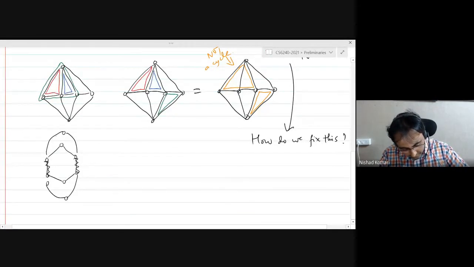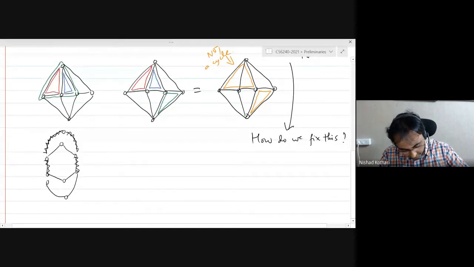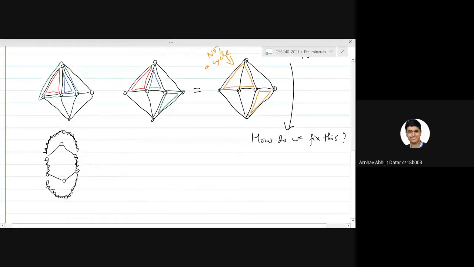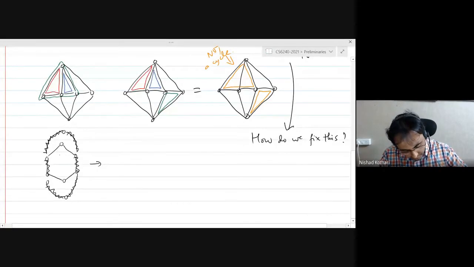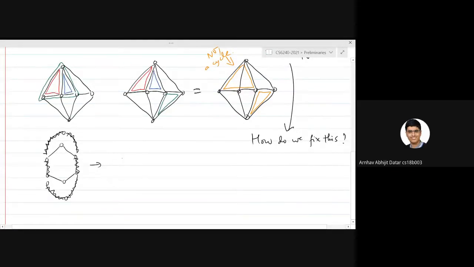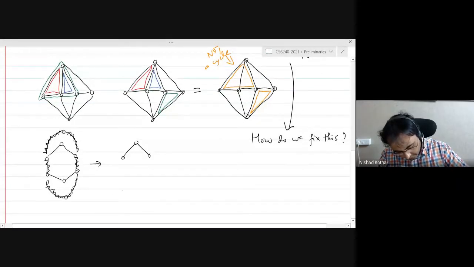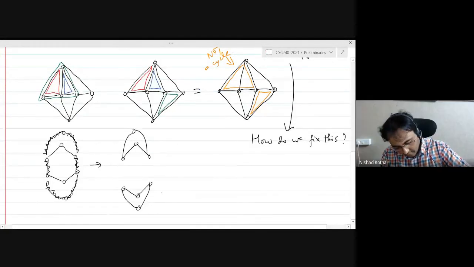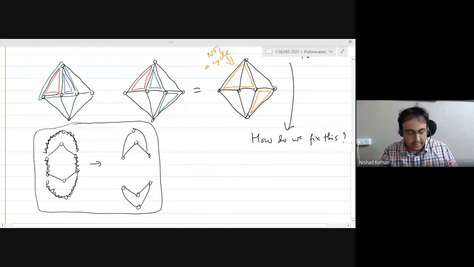Okay, so this is the first hexagon is what I drew, and the second hexagon is with these shaded edges, right? What is the symmetric difference now? I get these two, I also get these two, and I will get this part, right? So this is a collection of cycles, but it's not a cycle itself, right?